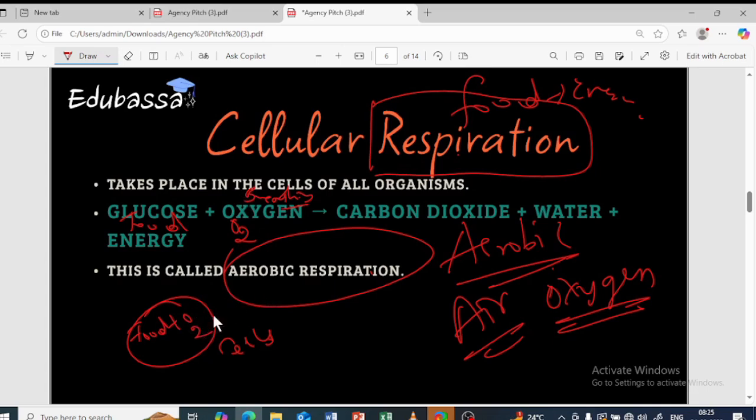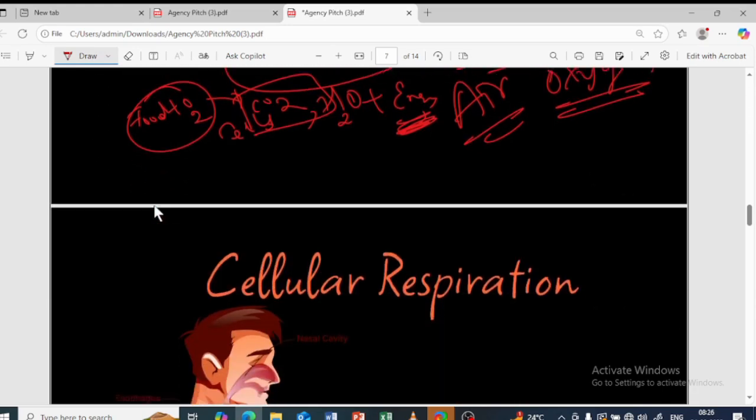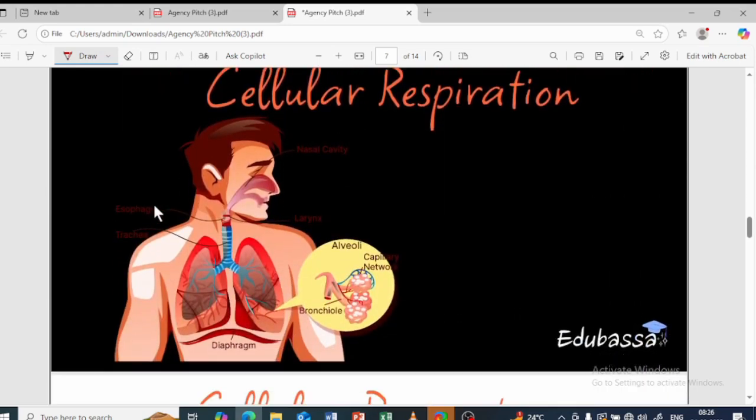Then what is formed? Carbon dioxide is formed. This carbon dioxide has to be removed because it is not needed for our body, so it is removed out again, and water will be formed. The water is used up by our body. And the main important thing, energy. This energy is used for the various processes taking place inside and outside the body. For that it is important. Clear? Right.